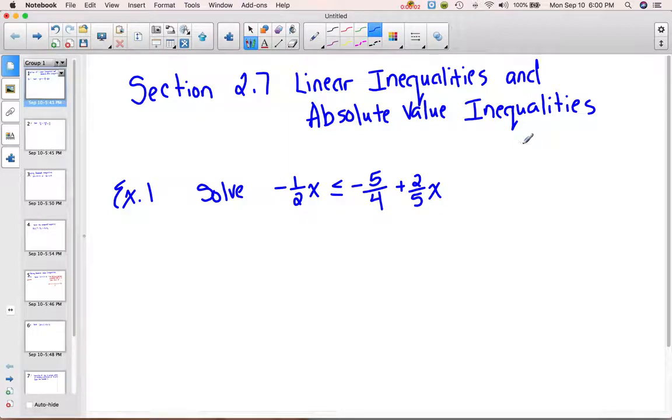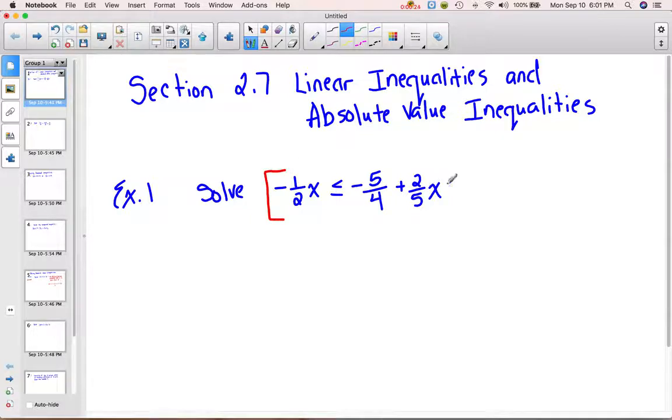All right, today we're going to look at linear inequalities and absolute value inequalities. And again, this is review. So the first one, we're going to solve negative 1/2 x less than or equal to negative 5/4 plus 2/5 x. So as you see, I have fractions, and just like with equations involving fractions, I can do fraction busters